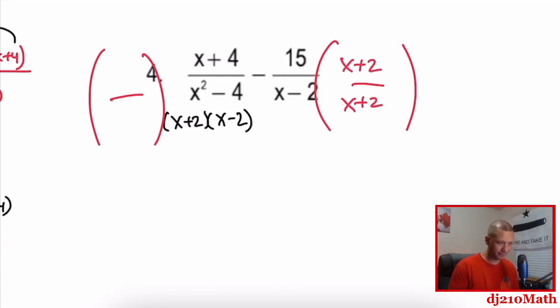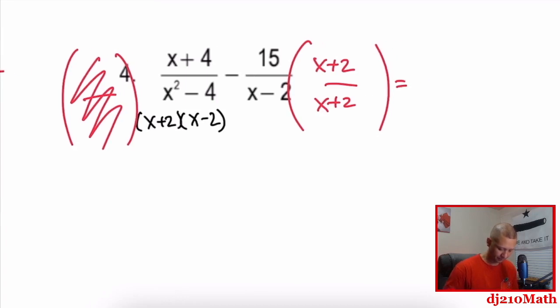And then on the left side, I'm not going to multiply by anything because it already has both the denominators that we need. So this is going to be x plus 4, x plus 2, x minus 2,